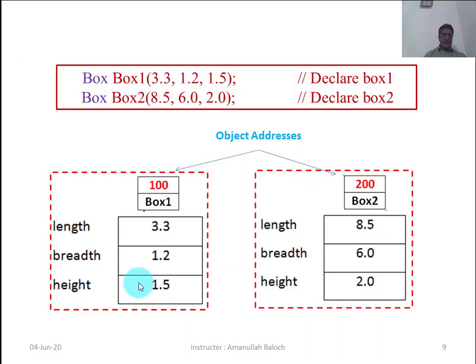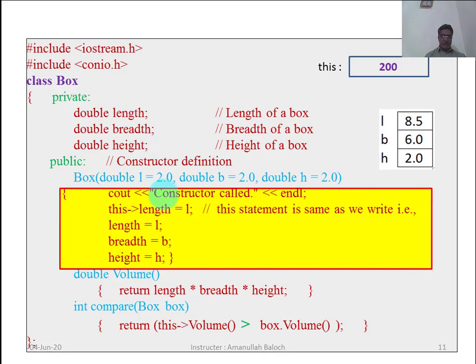Next, the second statement. In response to this second statement, the three values 8.5, 6.0 and 2.0 will be passed to that constructor. So what the constructor will do: the this pointer will store the address of box 2, and here L will have the value 8.5, B will have the value 6.0 and H will have the value 2.0, box 2's values.